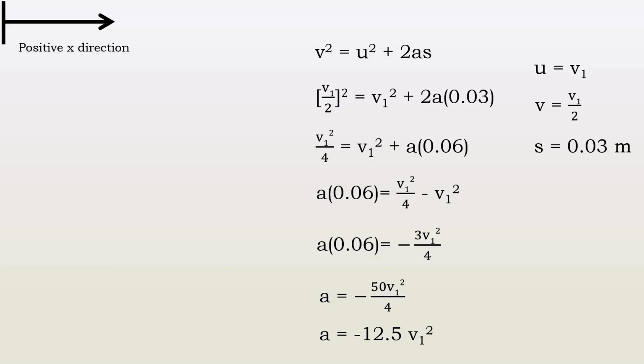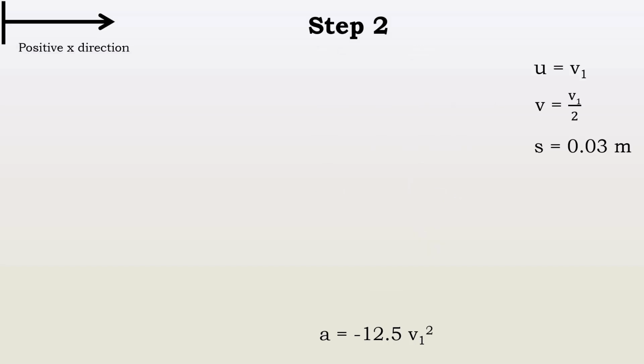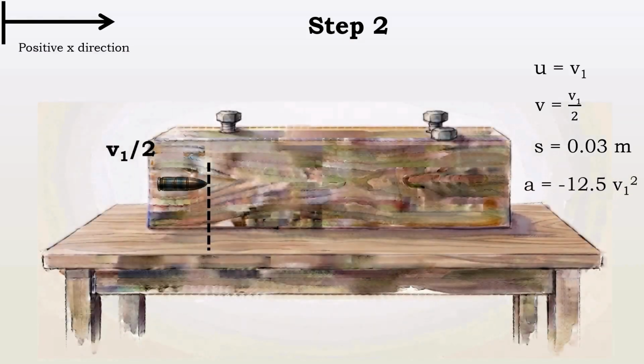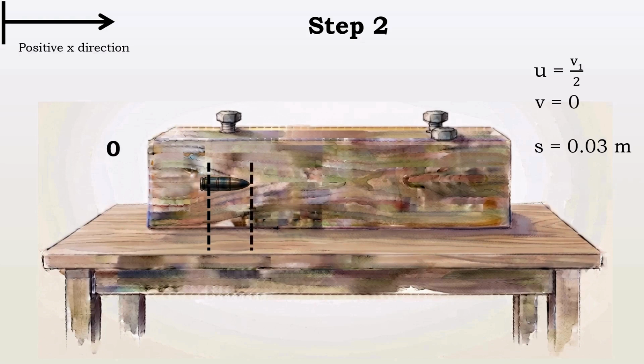Now, let's move on to the second step. Notice that the acceleration remains the same throughout the motion. Since it is acting opposite to the direction of motion, it continues to be negative. For this step, the initial velocity is v1 by 2, the final velocity is 0, and the acceleration is minus 12.5 v1 squared. Our objective is to find the additional distance, s, traveled by the bullet before it comes to